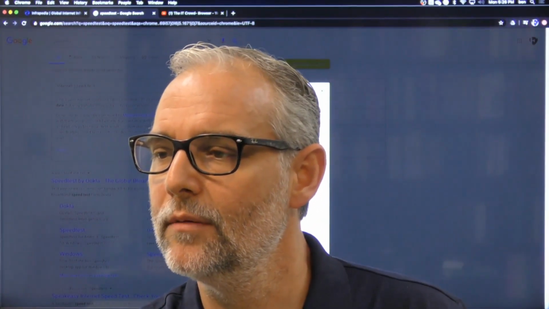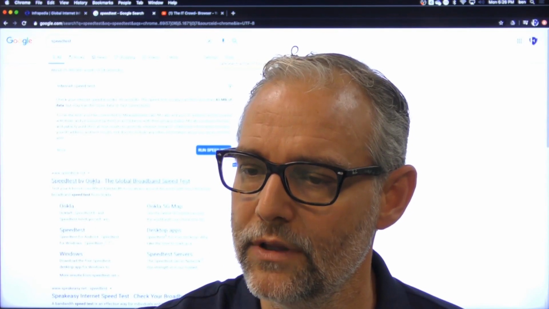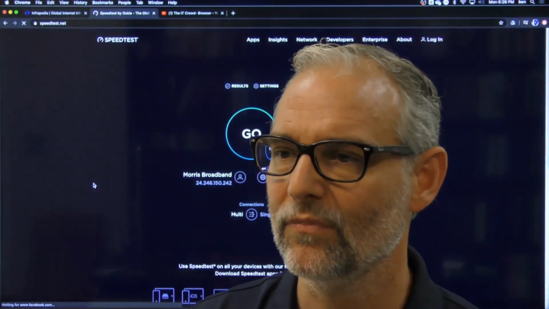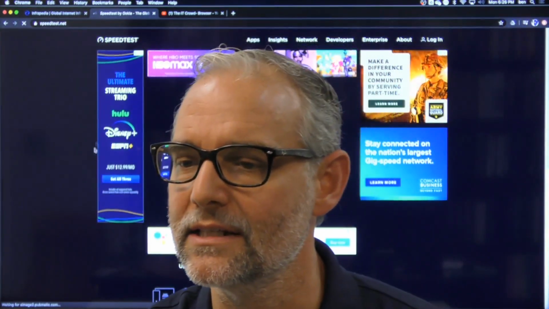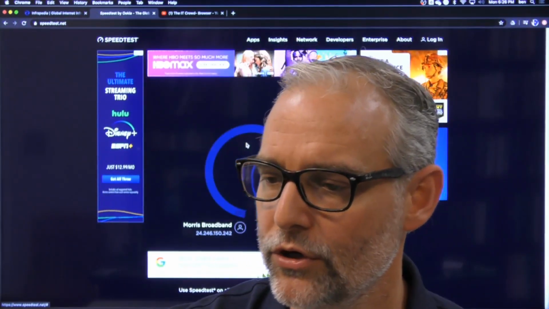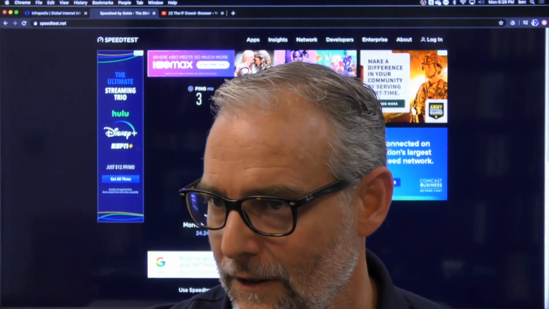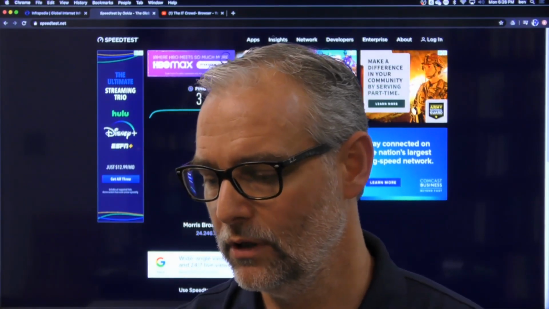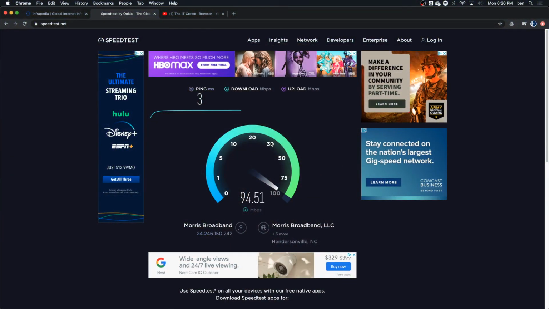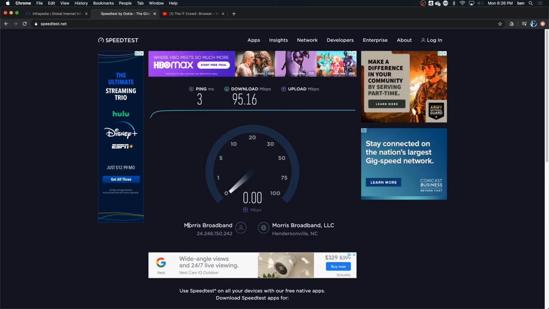So that's Google, but also you can go to this speed test by Ookla Networks, and it will usually connect to your local internet service provider to give you, and you can see that result is a little better than the other results I was getting, okay? And that's because it's connecting directly to my internet service provider's server.